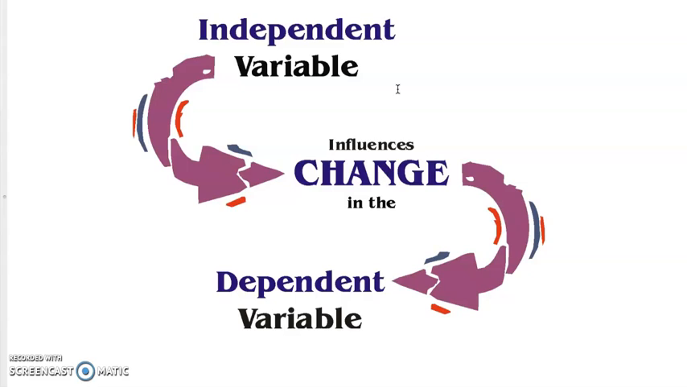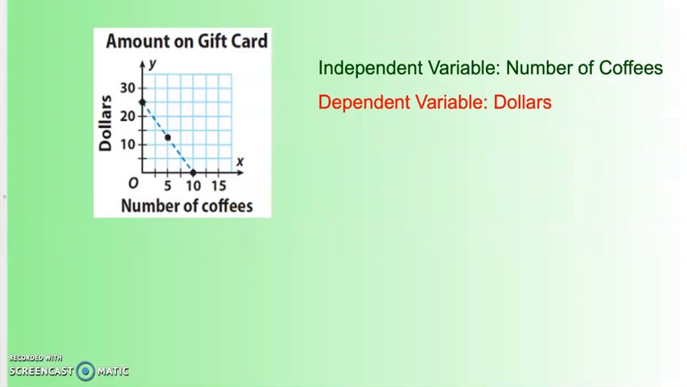So independent variable is all the x's. It's the numbers we plug in. Dependent variable are all the y's. It is the result of what we plug in and what we do to it, depending on what our rule is. So if we look at this graph, we have a graph that basically shows the amount on a gift